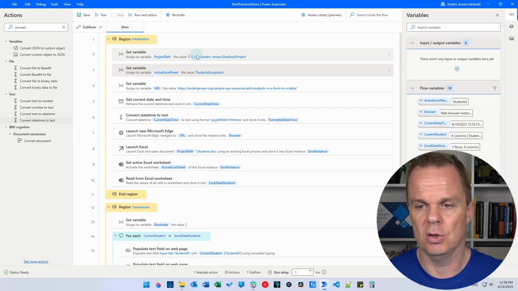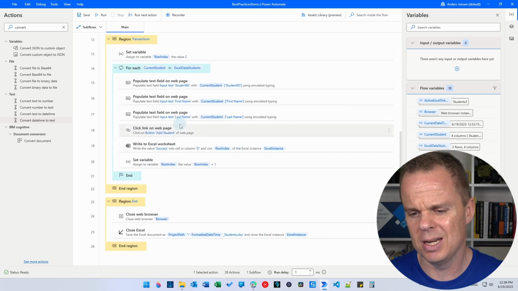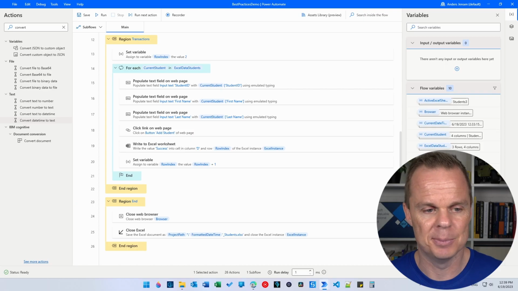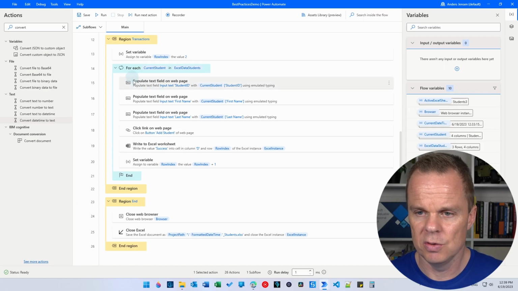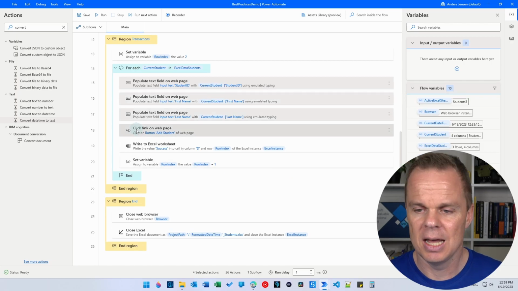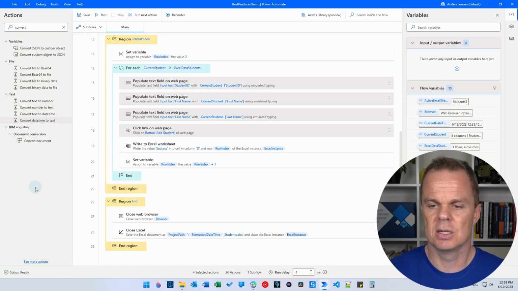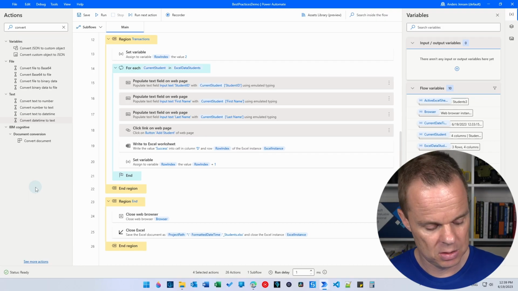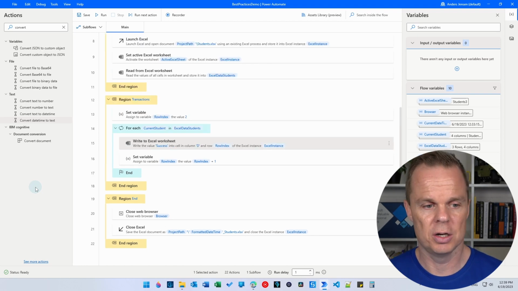Let's structure this flow a little bit better. As you can see, we already have a lot of actions. In fact, we're using 26 lines of code. Of course, some of them are regions and stuff, but we can structure this a lot better. So go into the for each. Let's take the 3 populate text fields. So click this one with your mouse so it turns gray. Hold Shift in and then click the click link on web page. Now you should see that these 4 will be gray. Then you'll say Control X to cut them out